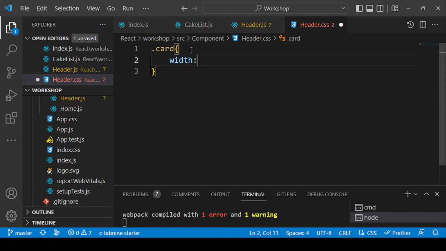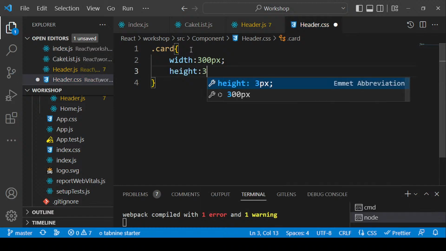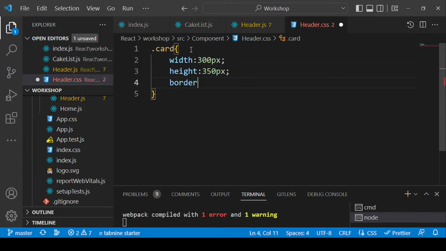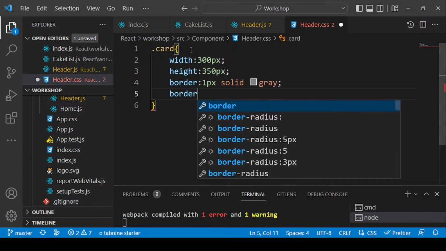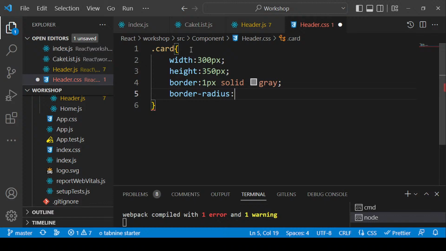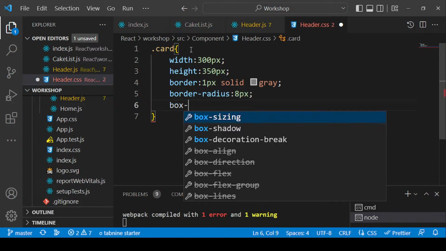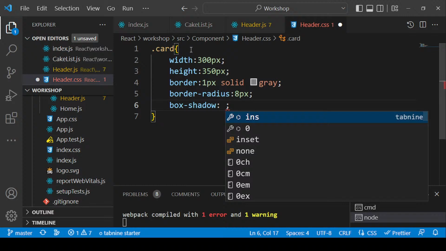Width will be simply 300 pixel and height will be again 350 pixel, and then some border, 1 pixel solid gray, and then border radius 8 pixel, and one box shadow like